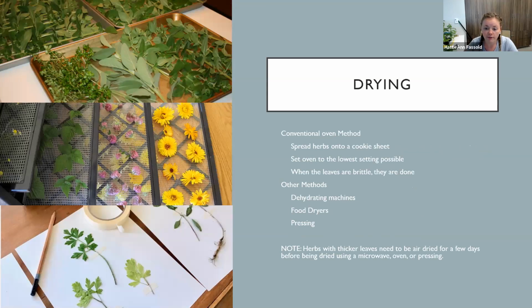So next, the conventional oven method. This is similar to the microwave, except you put the herbs on a cookie sheet and spread them out. And then you set the oven to the lowest setting. And again, when the leaves are brittle,